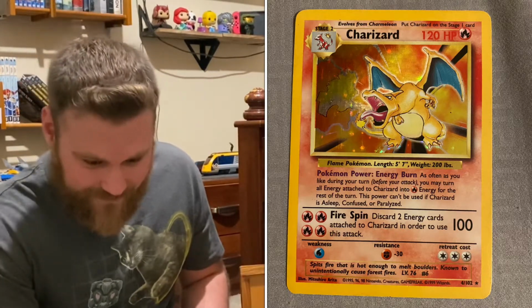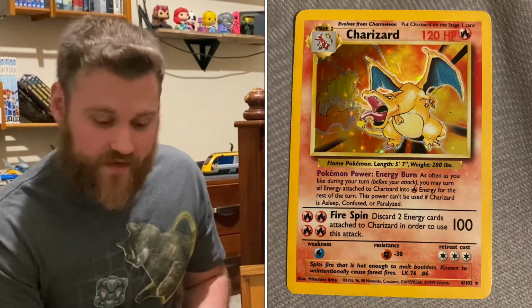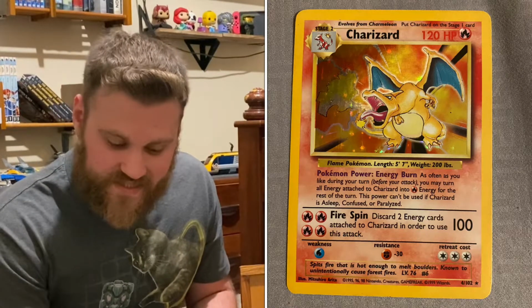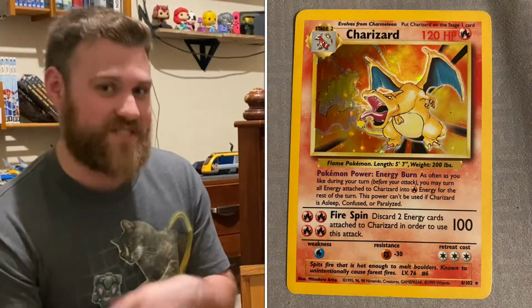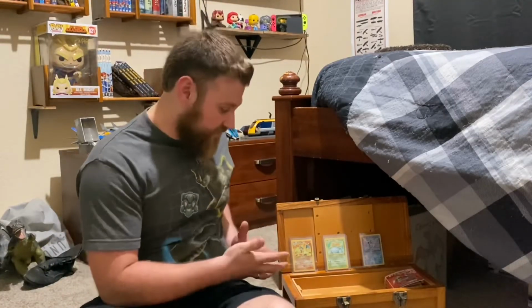If you go a grade lower on PWCC Marketplace for a 9 graded Charizard, somebody here is trying to sell it for $2,200. There it is. That's a much more reasonable number. Something more like what I was expecting to find for a shadowed Charizard. So there is definitely money here for these shadowed cards. Obviously, Charizard is...